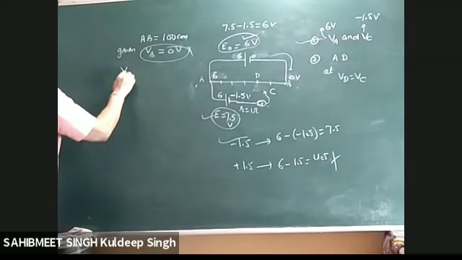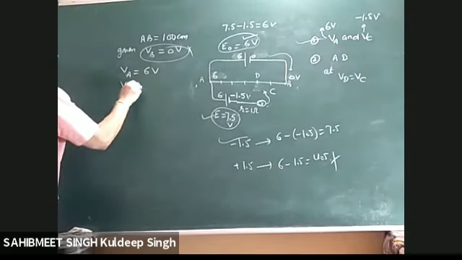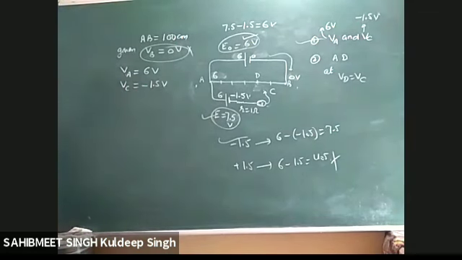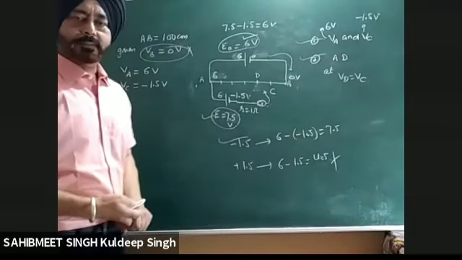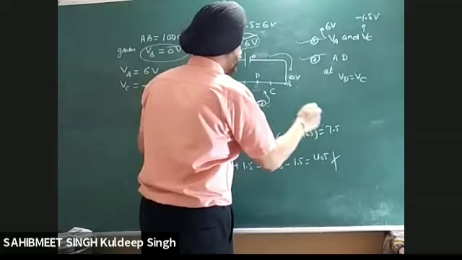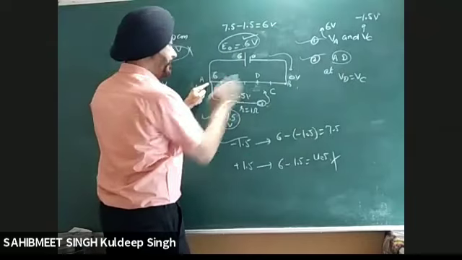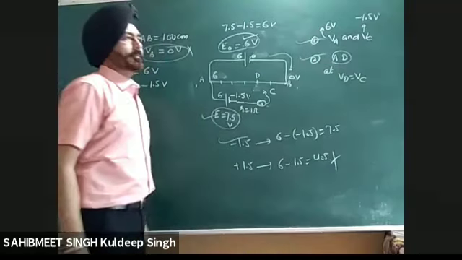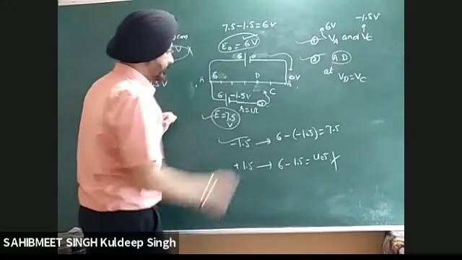So on replacing the cell, VA remains at 6 volt, but the VC goes to minus 1.5 volt. Minus 1.5. Very interesting. Now what is the second part? It is more interesting than the previous one. How? The examiner is saying, find the length AD at which the potential of C and D become equal. यहाँ गड़बड़ हो गई है भाई साहब. Now what is that गड़बड़?